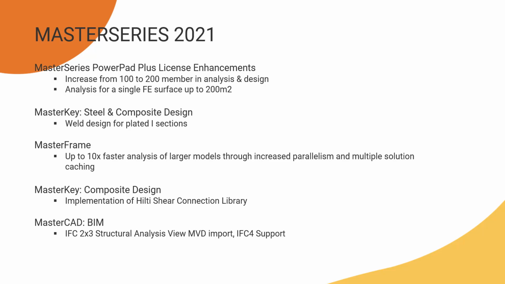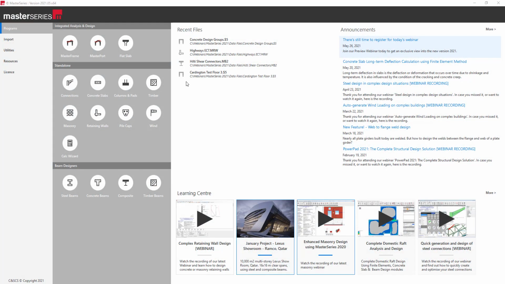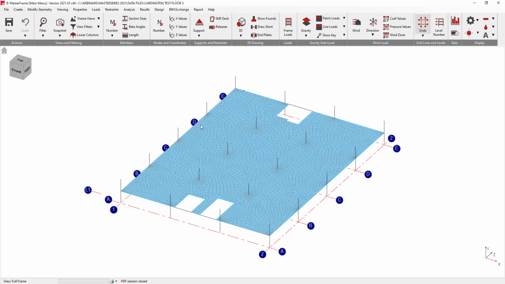Okay, so we're going to get straight into having a look at this. So the first thing we're going to look at is our long-term cracked section slab deflection analysis. And for this purpose, I'm going to use one of our models here that we use to validate the software. And this is the floor 3 of the BRE Cardington test building, which very conveniently